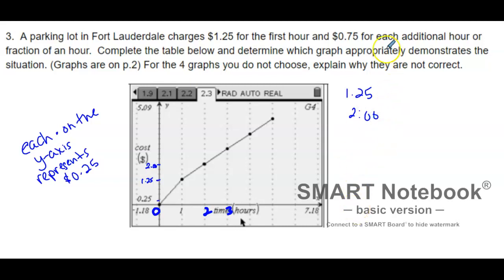etc. Okay, so when you look at that, though, the fraction of the hours are not included based off of this. So this is not a good representation, because the cost for a fractional amount of parking is rounded up, so the lines would be horizontal. So if you park for 15 minutes, you'd round up to the hour, and you would pay for the entire hour. So that is your graph A, and that is not correct,